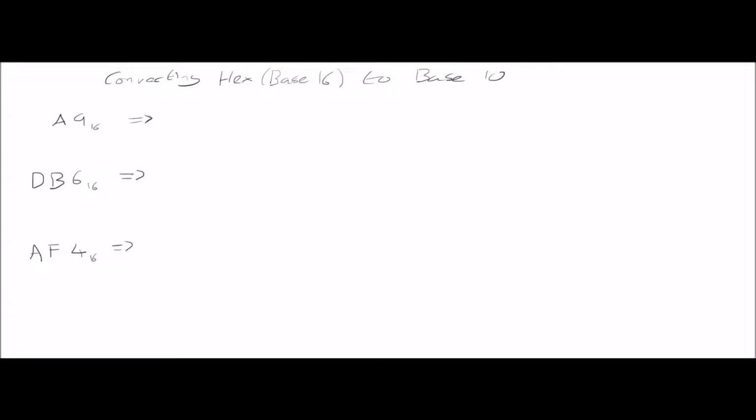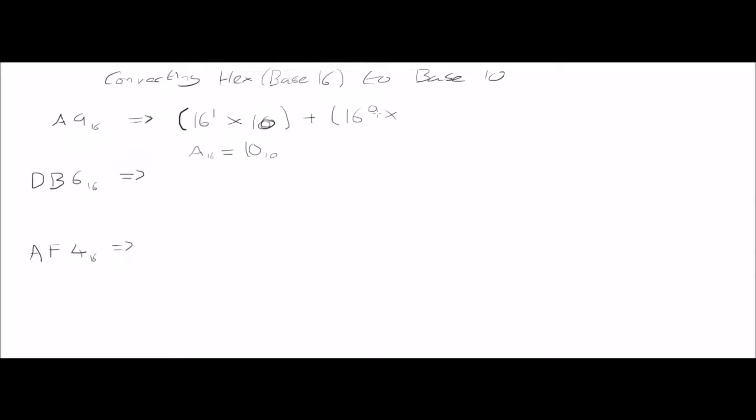So to work out the decimal value of A9 then, I've got to do 16 to the power 1, as A is my second bit to the left, and times that by the decimal value of A. Now, from the table that I showed you in my last video, we know that A base 16 is equal to 10 in base 10. So we times 10 by 16 to the power 1, we times 9 by 16 to the power 0,